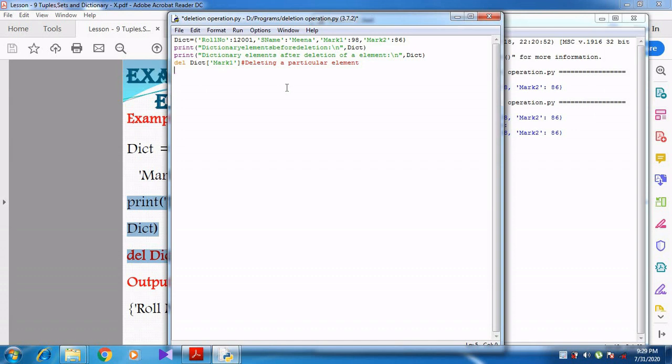Sorry, I have made a mistake. The print function should be used below, and I have used it above. Right? So when I press F5, see here, first I have assigned all the values,